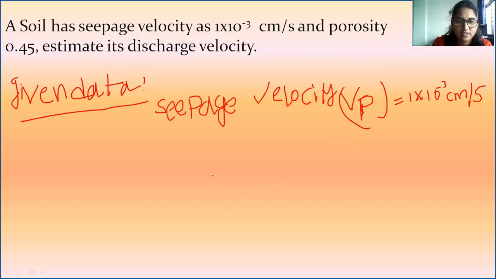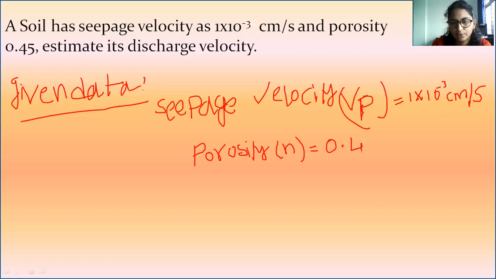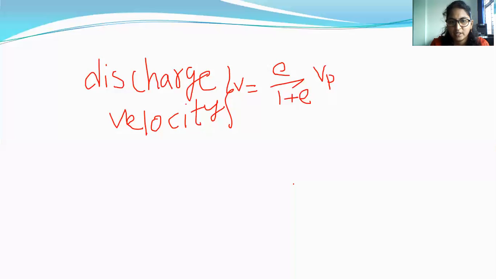What is the abbreviation of porosity? Porosity n is equal to 0.45. So here the main formula for determining discharge velocity is e by 1 plus e into V